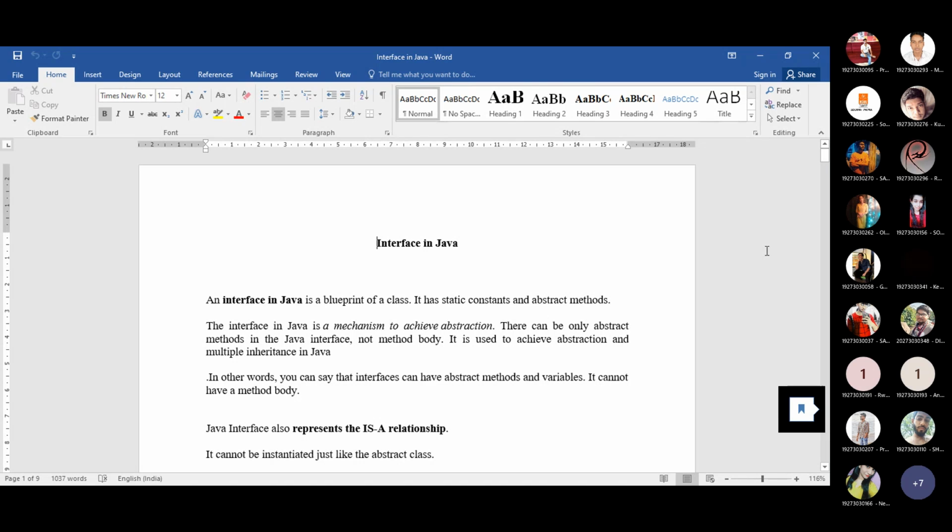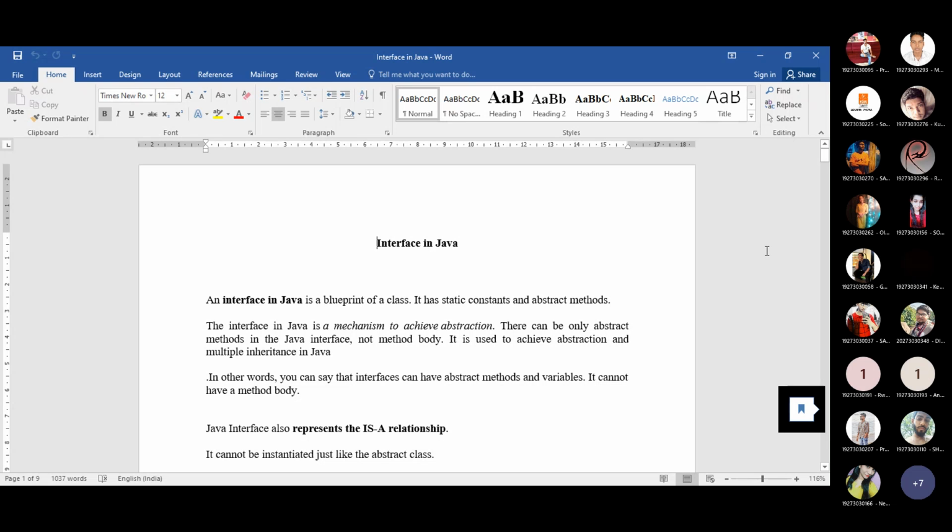Whenever you need to fully hide a part from the user of any system, then you can use the interface. Let me provide one example. Whenever you want to fill up a form for any competitive exam, what do you do? You just provide the information that appears on your output screen, that is the name of the student or applicant, then the academic qualification, then the email ID or whatever the requirement is.